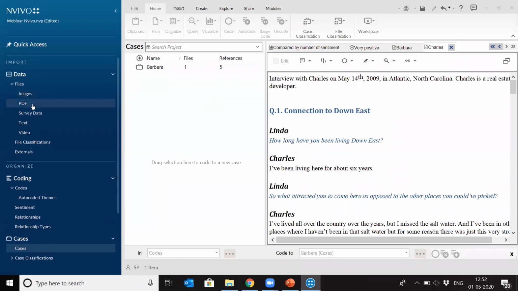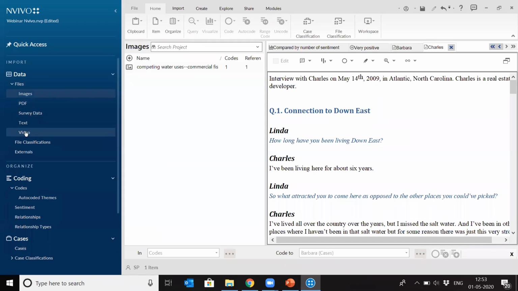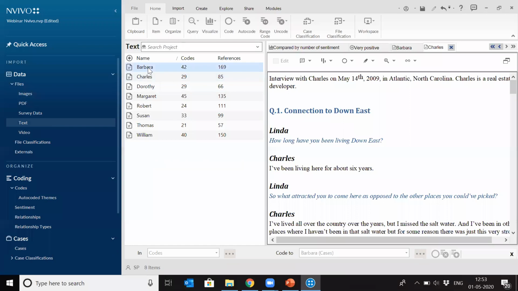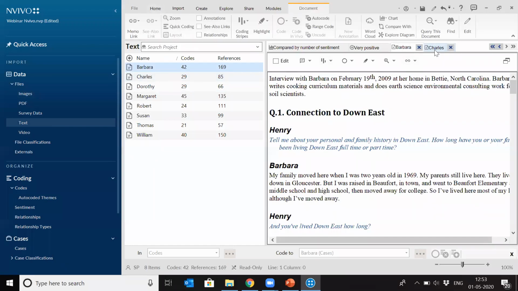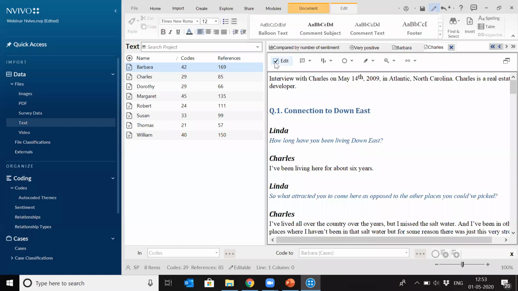Next option is auto-coding according to the paragraph styles. This is used when we have interviews in which we have defined paragraph styles. We can do it in MS Office also. We can create paragraph heading style 1, heading style 2. So if you see our interviews in the sample project data which we are using right now, if you go to Barbara's interview, or say Charles's interview, and click on edit, by default it comes up. So you can see every question one is